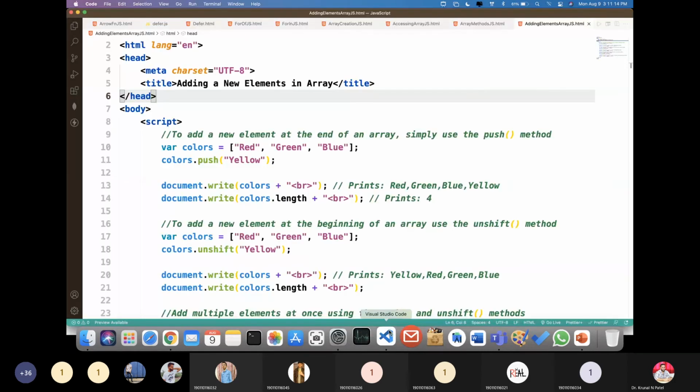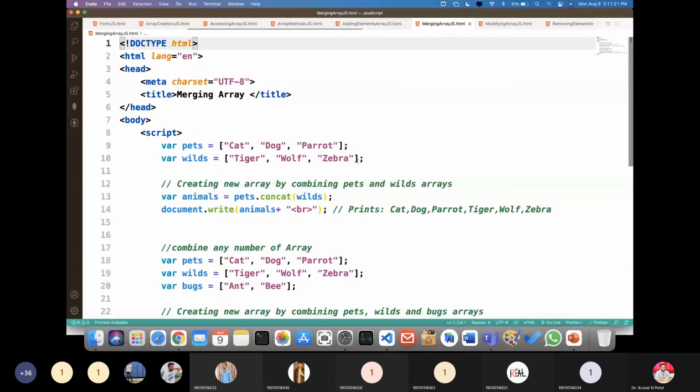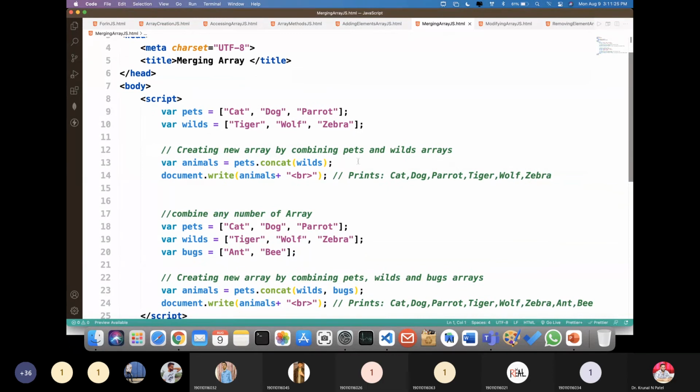Okay, now let's go for merging an array. In this example, you can see that we have two different arrays: one is pets and another one is whales. Now we are creating a new array by combining the pets and whales arrays.